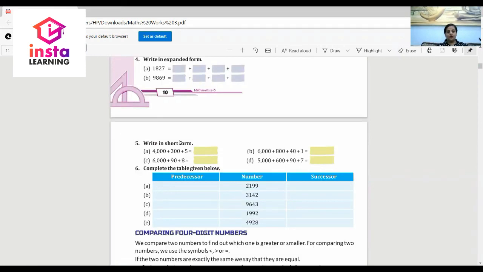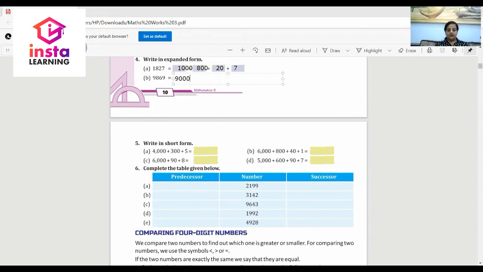Now we will do expanded form. Form is nothing but the representation of place value. That is, it is given here 1827. So we will write here 1000 plus 800 plus 20 plus 7. This is the answer. Next is